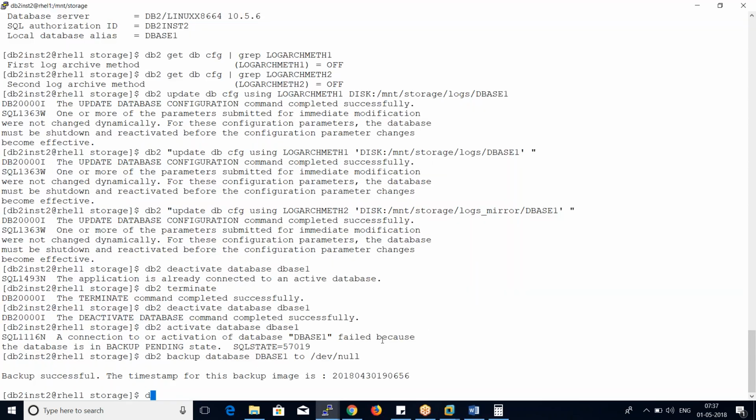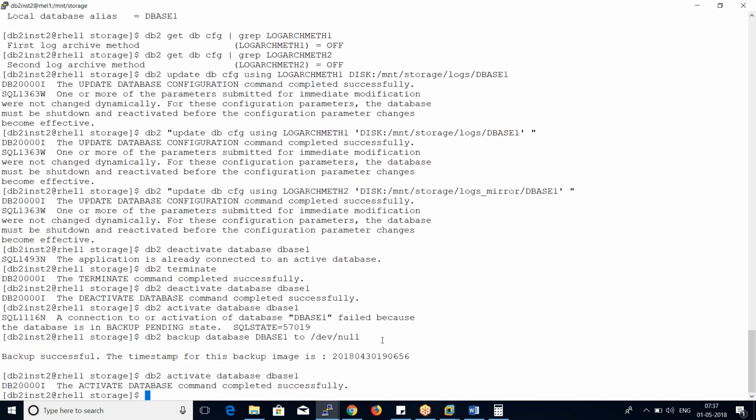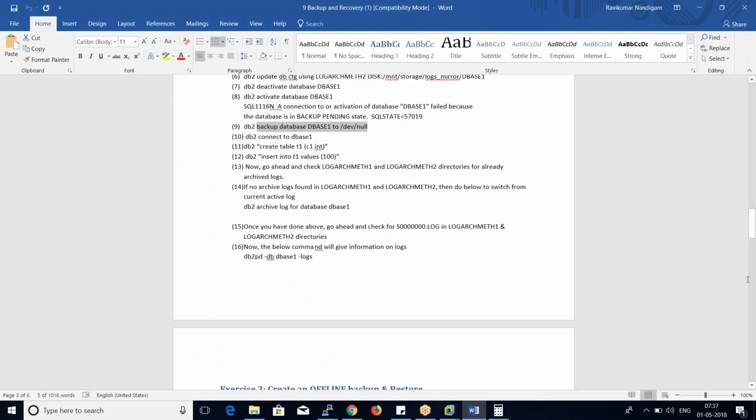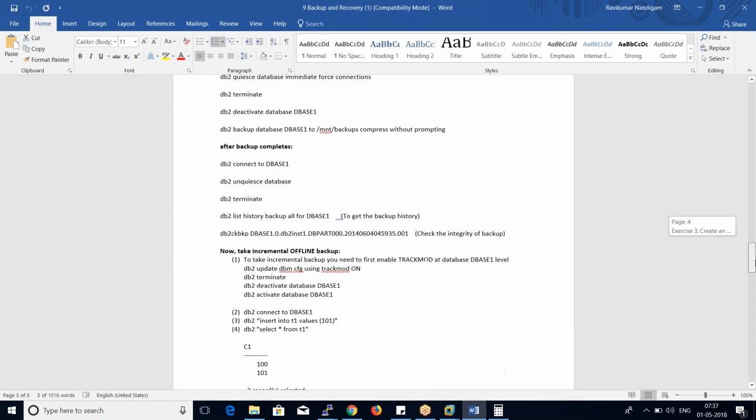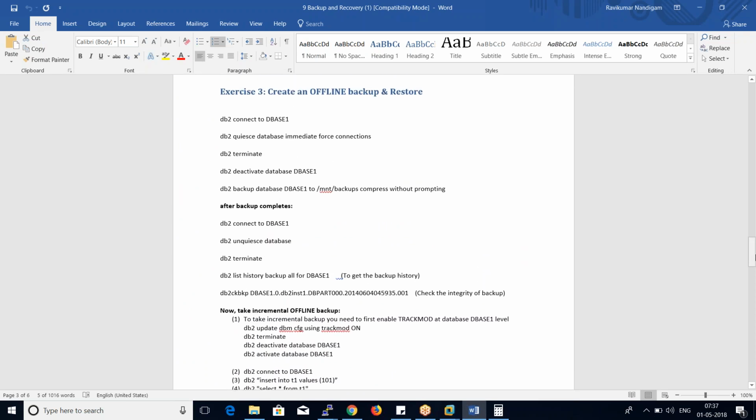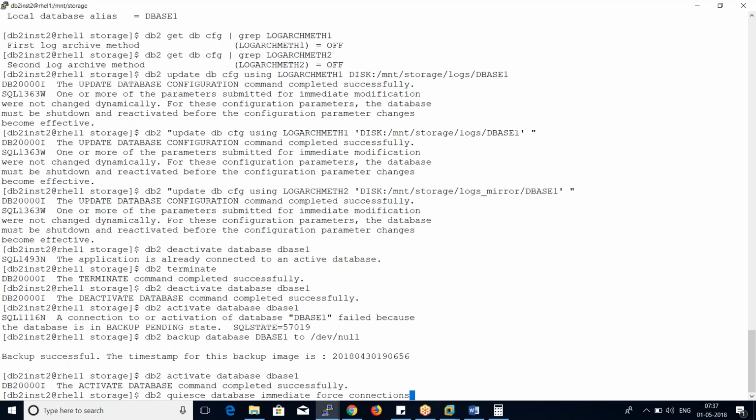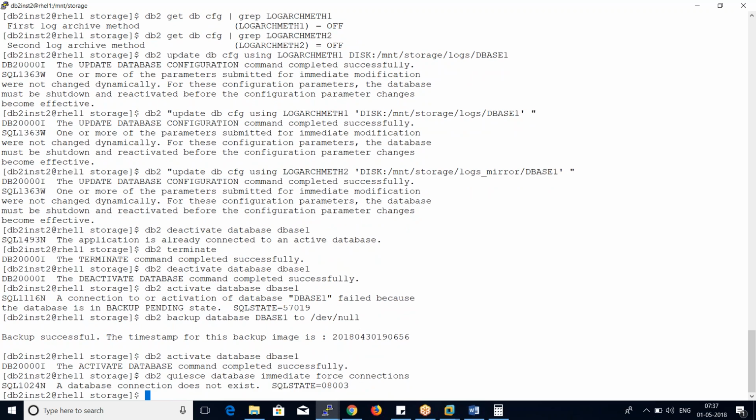So this is what we need for the next exercise, dbase1. Now this we already know, we did it once already. This is the second time. Now what I do is I connect to dbase1. Now this is what we do: db2 QC database immediate force connection. It will terminate all the connections that are connected to a database. Connect to dbase1,